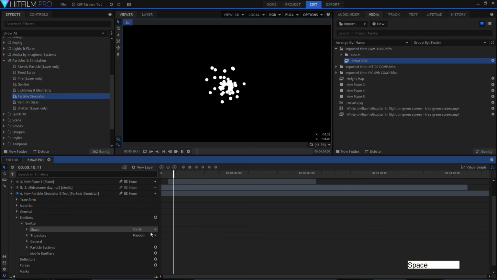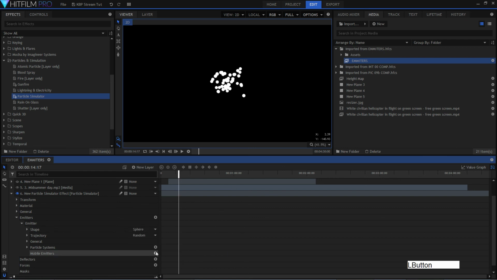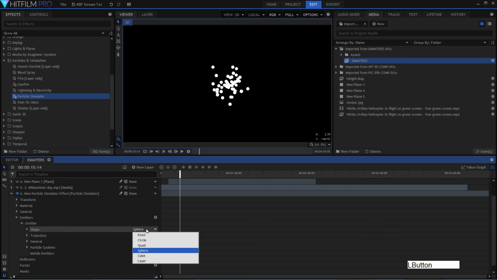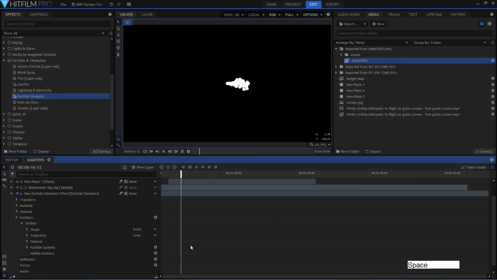But I could do a circle or quad, where you can't really see the box confines, or the confines of a sphere. These ones don't really make so much sense yet. Actually, there's a code. What I was going to do is show